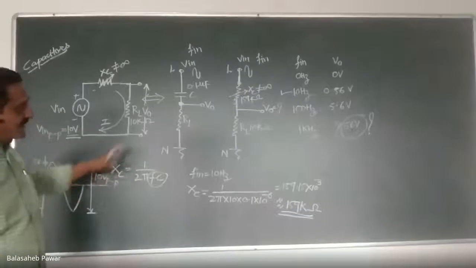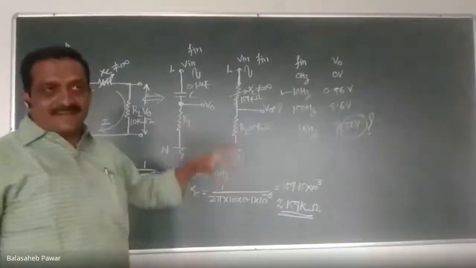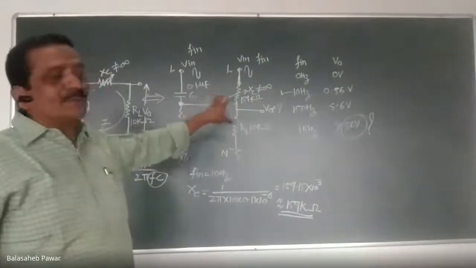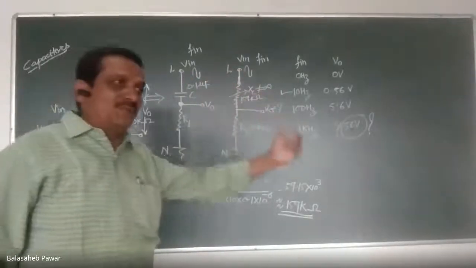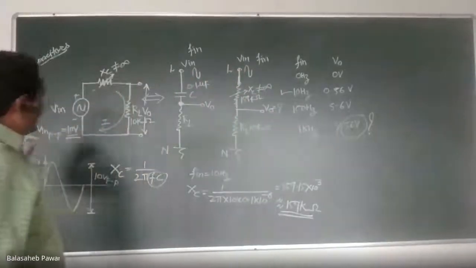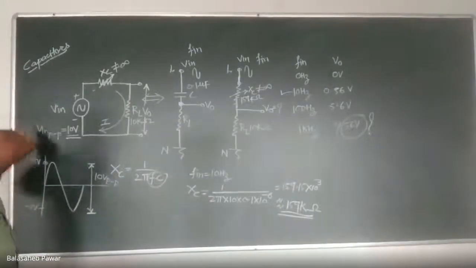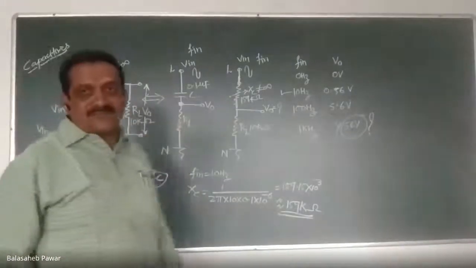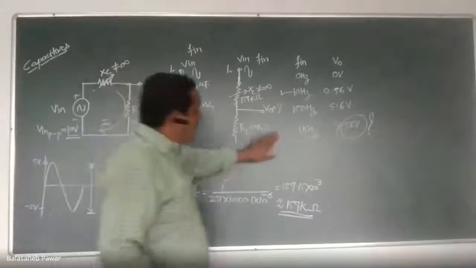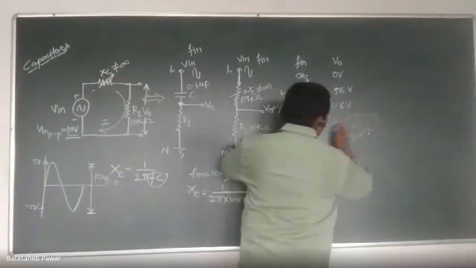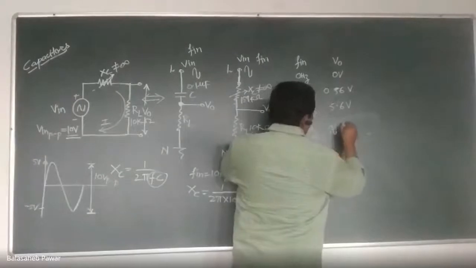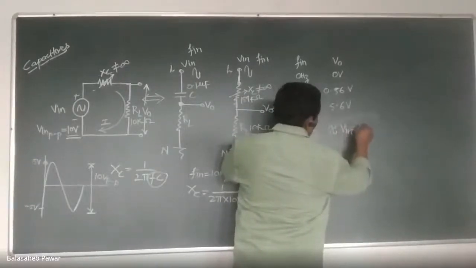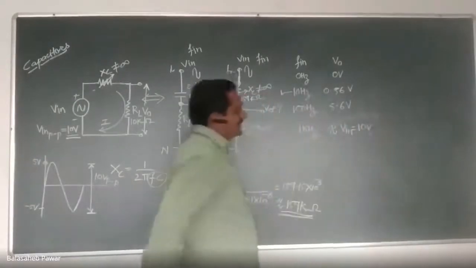That means this is not an amplifier. This network is purely a passive component network. It will not amplify any input signal. Whatever output you get will be either less than the input or at most equal to the input. So at 1 kilohertz, the expected output is 56 volt, but it will reach approximately V in, and that is 10 volts. Am I right?